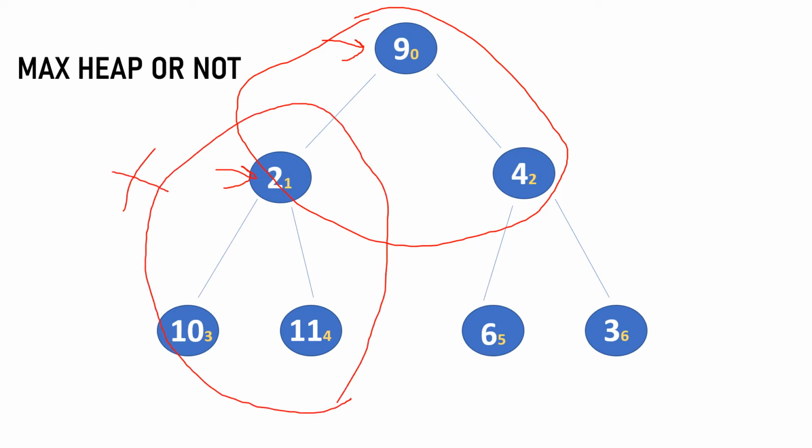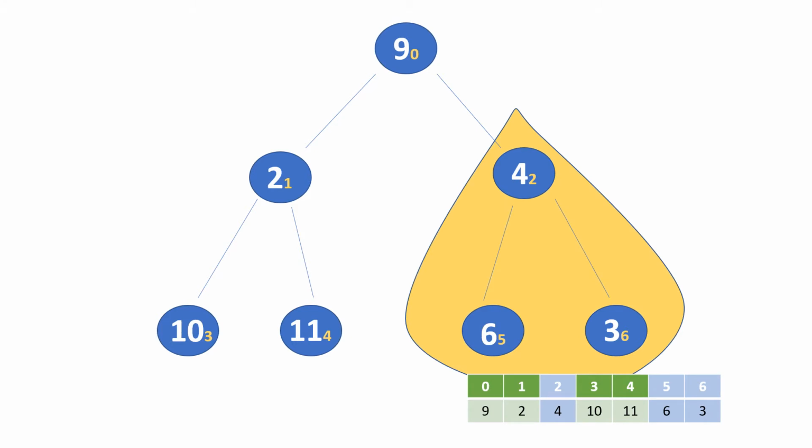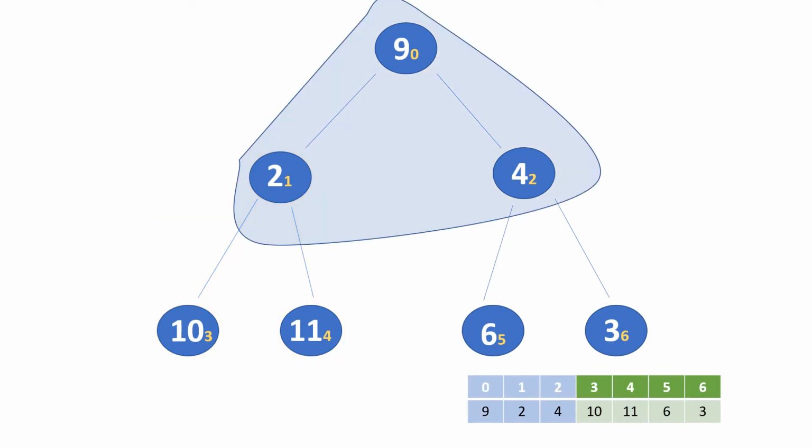So now let us see how to make a program in order to make a binary tree and convert it into a max heap. For this, first we will store the binary tree in the form of array representation. I hope you may know this. And then first we will heapify the child tree which is at the extreme right and extreme bottom. After that we will heapify the next tree, and after that we will go upside and heapify that tree. In this order our whole array will be heapified, and in that form we will get a max heap.